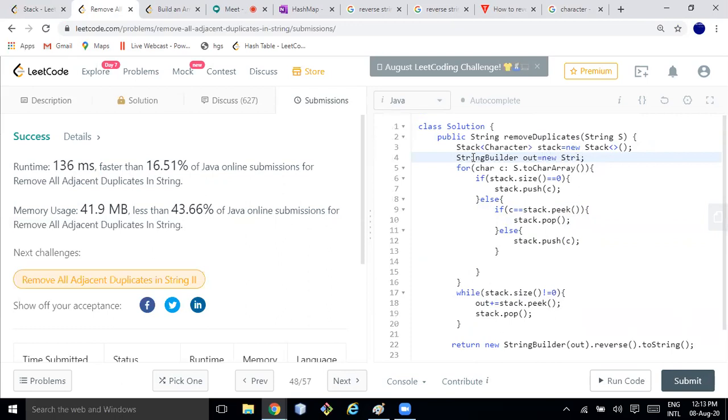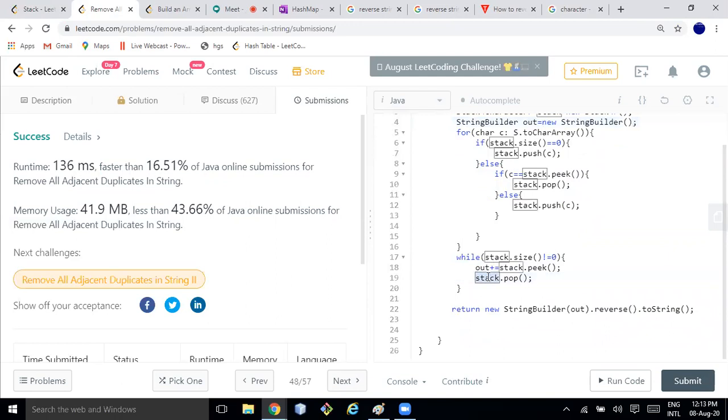Let's see how it improves. StringBuilder sb equal to new StringBuilder, and here I will be doing sb dot append.